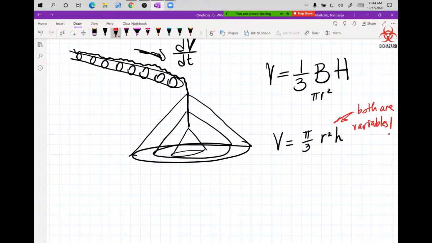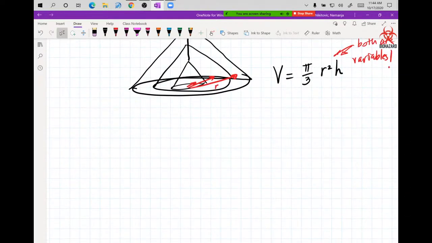Now r is changing as well. And you can see that, right? The radius was little, then larger, then larger. So the radius grows the more stuff gets onto the pile, and the height grows as well the more stuff comes to the pile. So now all I need to do is to compute the derivative of this with respect to time,